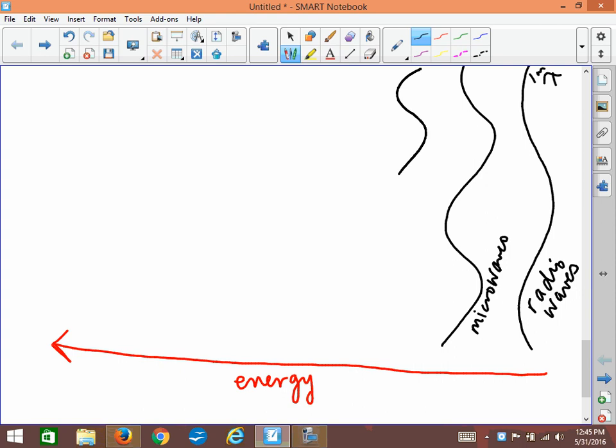Let's make the waves a little shorter. A little shorter still. Now we're talking so short that we would be smaller than a millimeter, maybe a micrometer, between the crests. So you can see why we can't draw this to scale, because it's just an incredibly ridiculous scale. These would be called infrared waves. Infra, which means under, red. Infrared waves,